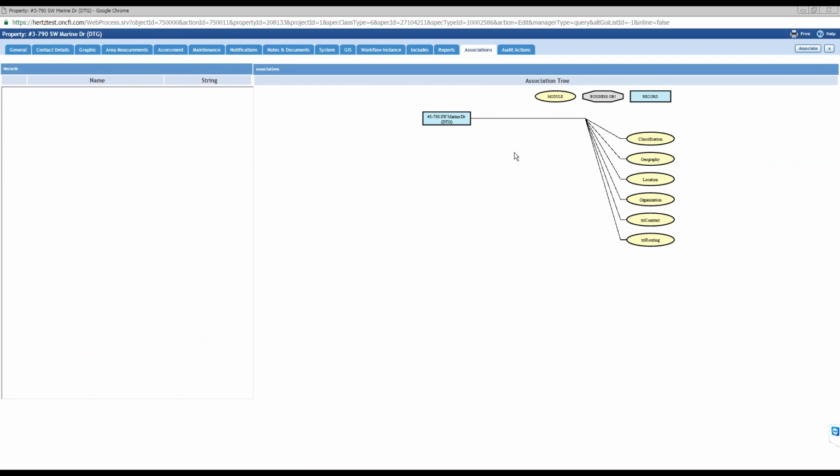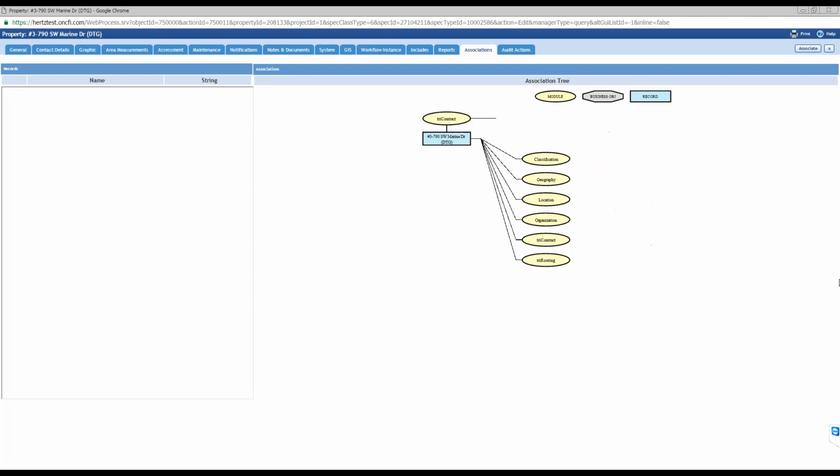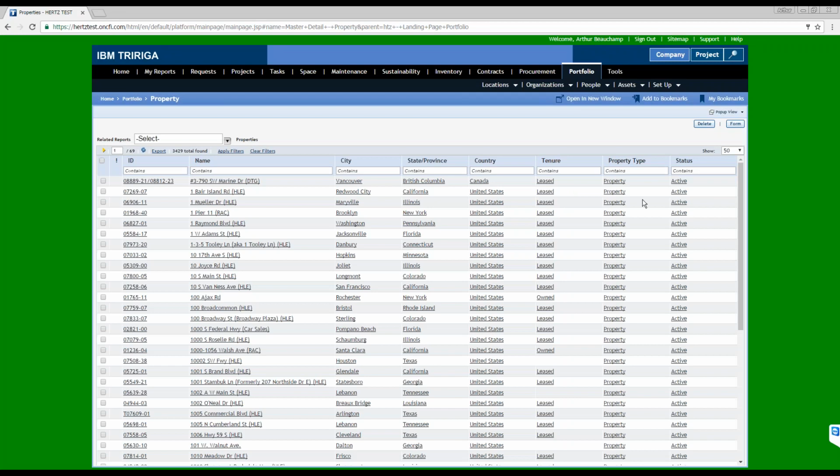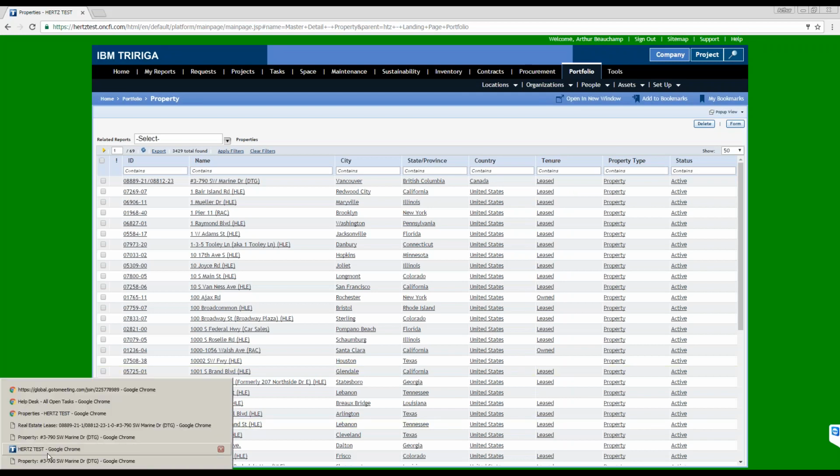And we know now, since we are looking for the lease, we are looking for a contract. So we can see Tririga contract here. And you can see Tririga real estate contract. So that would be a lease. So now we see that the real estate contract is connected to the property via the primary location for string. So now that we know that, we can minimize this, keep that information, and open back up our report,